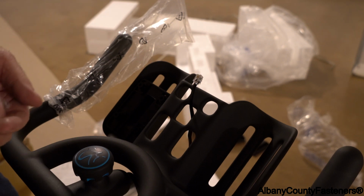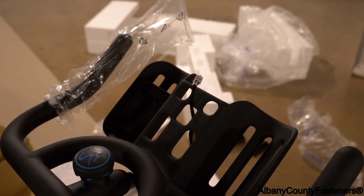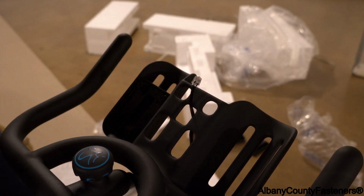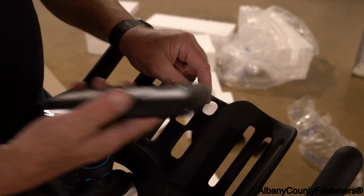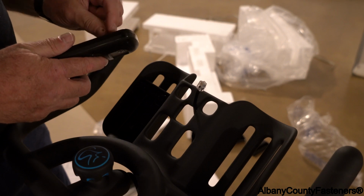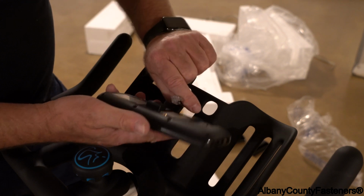There's four socket cap screws. This is a pretty quick, easy assembly. Look at that, they give us the Allen keys for everything except for the electronics. Gotta love it. Okay, so we have to put the